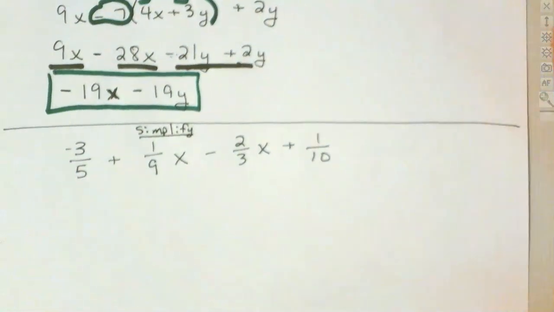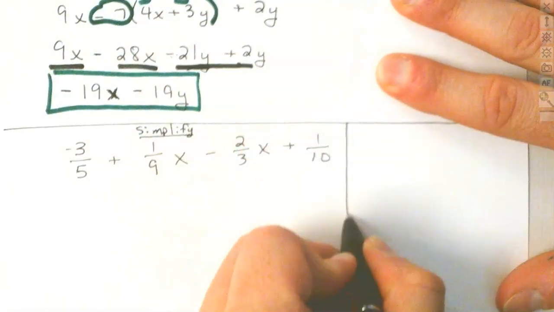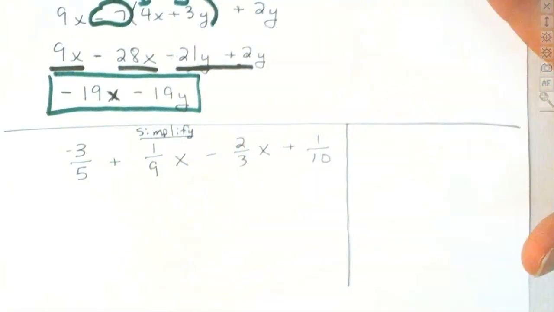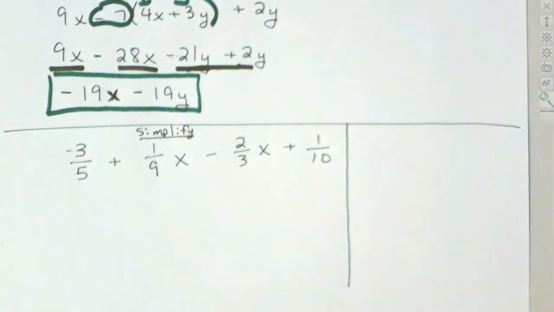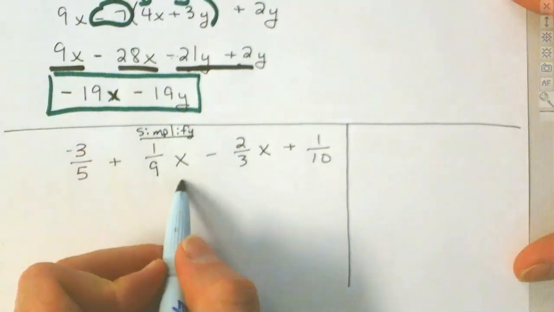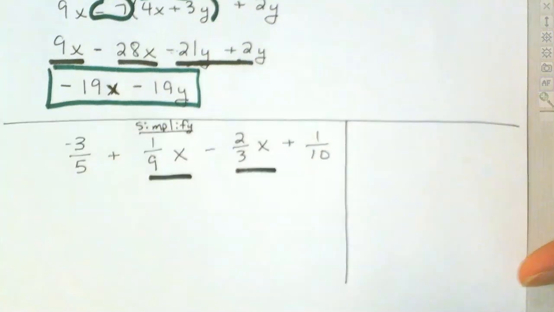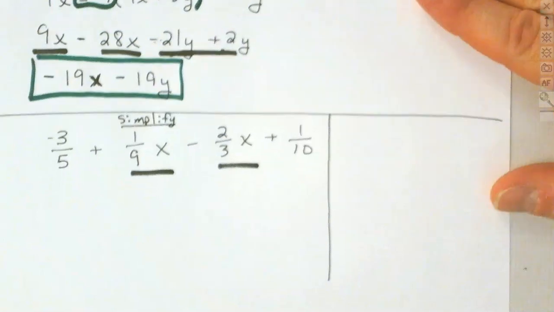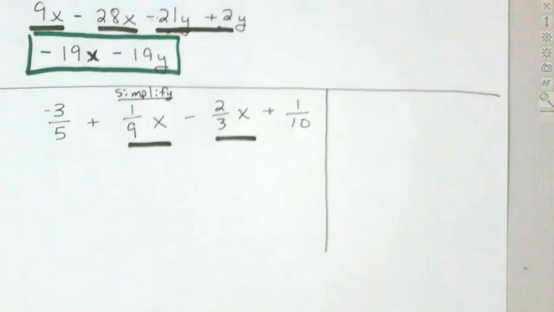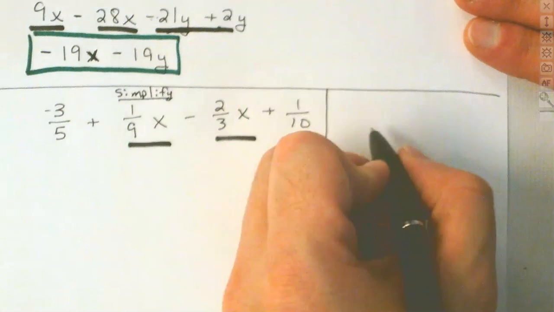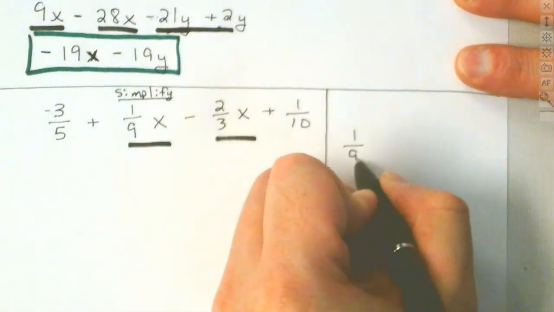Now, with the fractions, we'll just do them over to the side. We need to combine our like terms. So when I say simplify, that means we're using our properties like the distributive property, maybe the commutative property, and we're combining like terms together. So let's go ahead and work with our x's together. Those are the same. They can go together. If we struggle with the fractions like many of us do, we're just going to write them over to the side. So we have 1/9 x